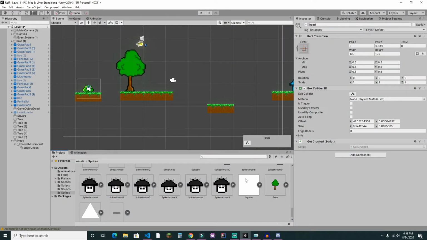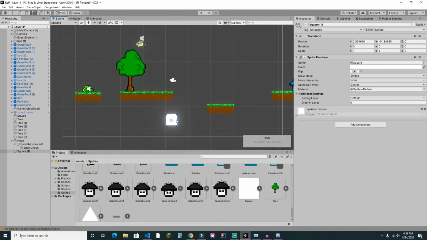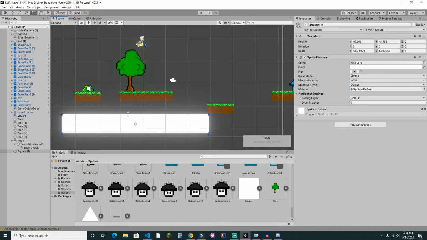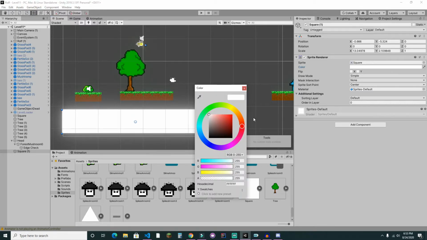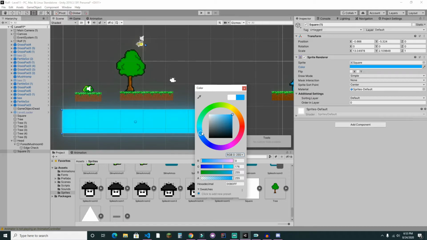Anyway, now I'm gonna start work on the water. To make the water, what I'm gonna do is take a square sprite, probably stretch them out a little bit depending on what I want the water to look like, and then I'll just change the color and also the amount and the transparency,